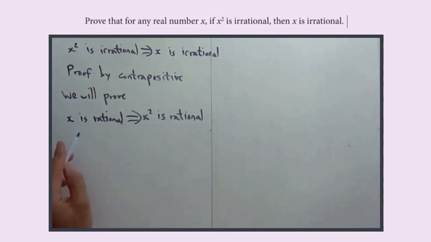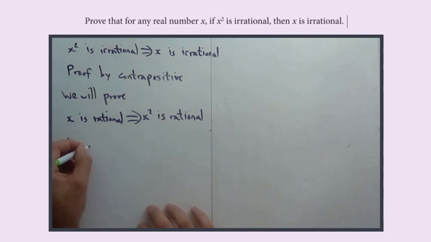we're going to just define x being rational mathematically, and then we're just going to find an expression for x squared and prove that it must be rational when this is true. And once we've proven that the contra-positive is true, that is enough to prove that the original statement was true as well, which is this up here. So we're going to see, if x is rational,